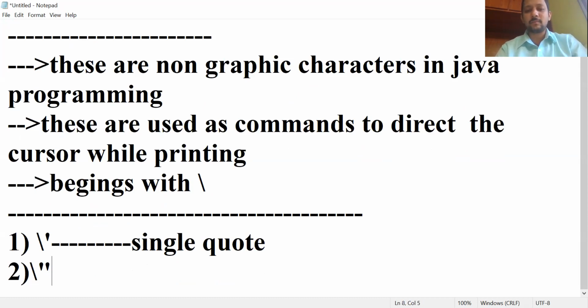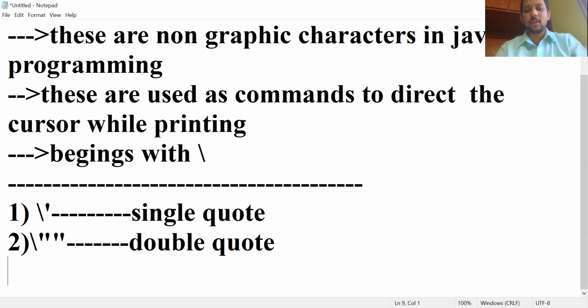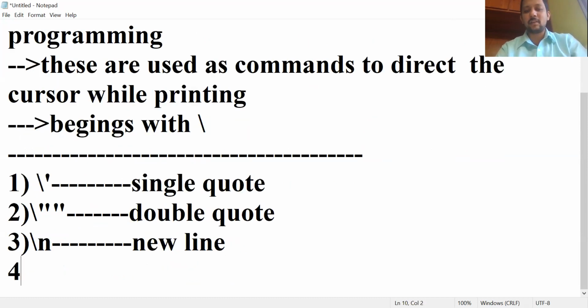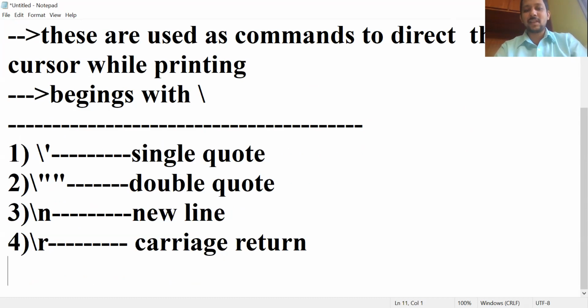Next one, the double quote. If you want to print a double quote, use backslash and double quote. Next, slash n. If you want to print a new line, use slash n. Next, slash r, carriage return. This is also the same as slash n, depending upon the operating system and compiler.